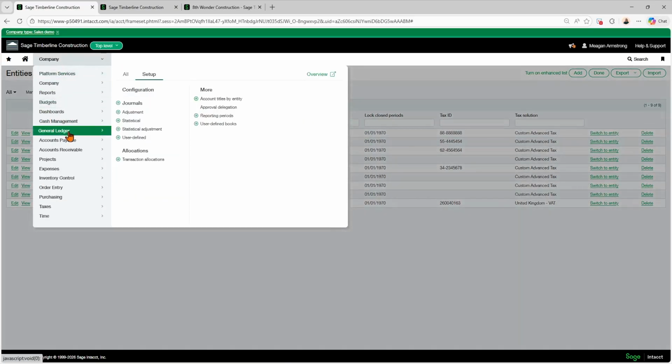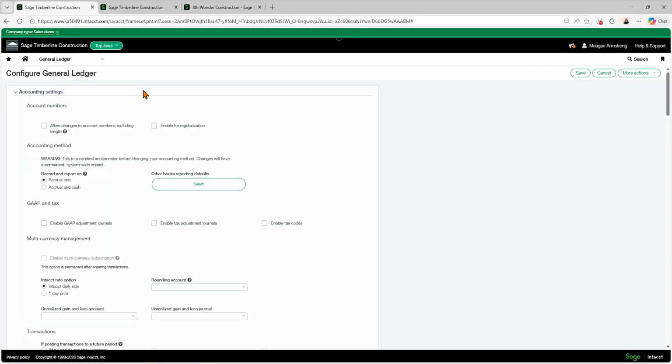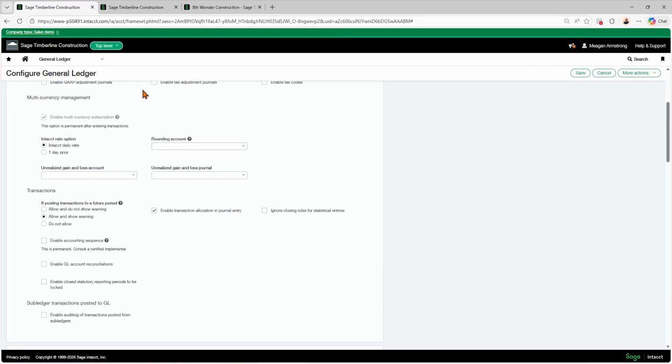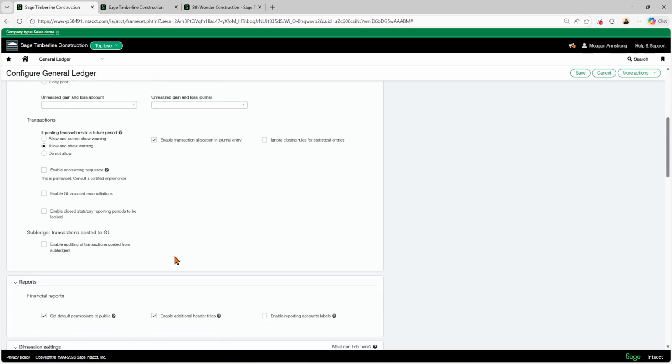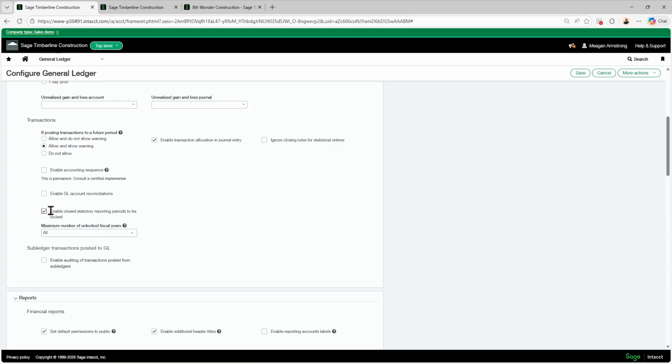We'll go to the General Ledger under Setup, Configuration. Then it's in this top accounting section under Transactions. We'll enable closed statutory reporting periods to be locked. And then down here, you've got the maximum number of unlocked fiscal years.